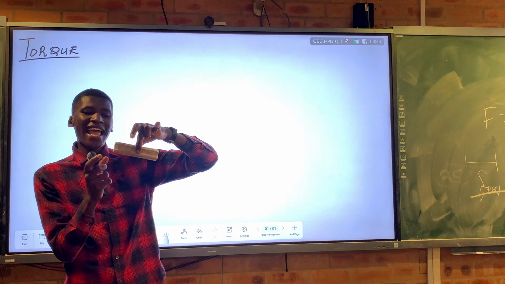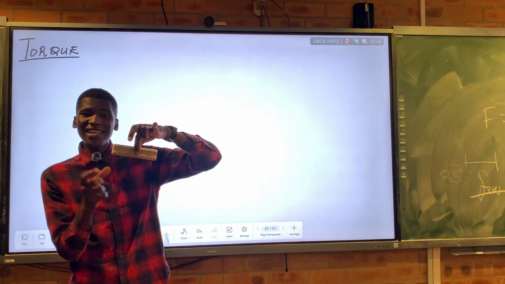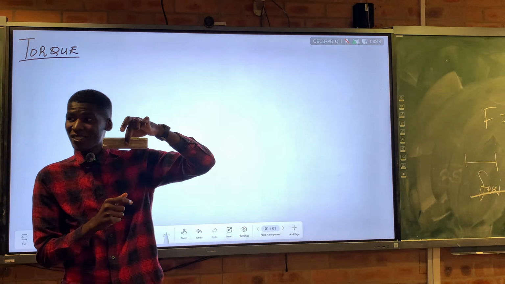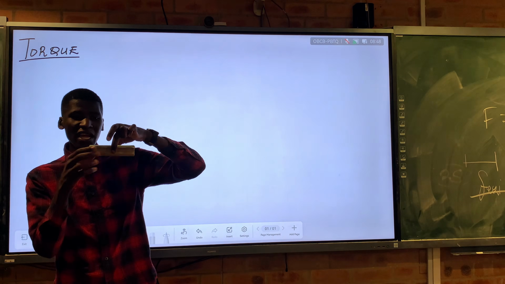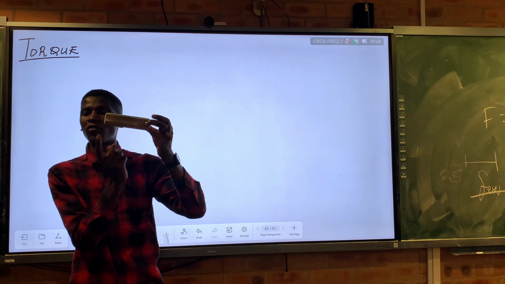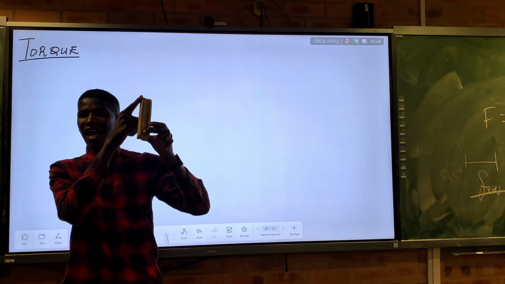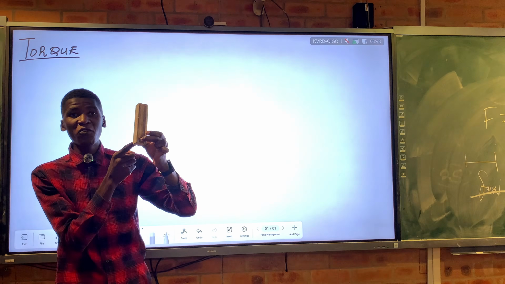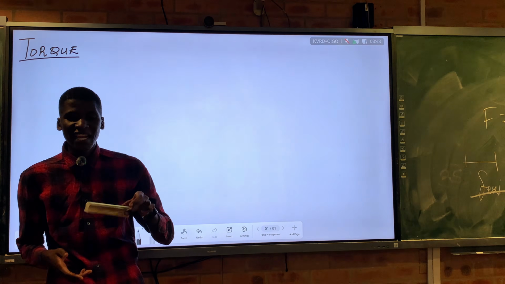But basically what is causing it to rotate is because I'm applying a force at the what? At the center. I'm pivoting at the center. I use the term pivot. So I can shift my hand and hold the duster here. This is now my new pivot. If I rotate, I'm rotating about this point. So a pivot, you can call it a hinge, something like that.